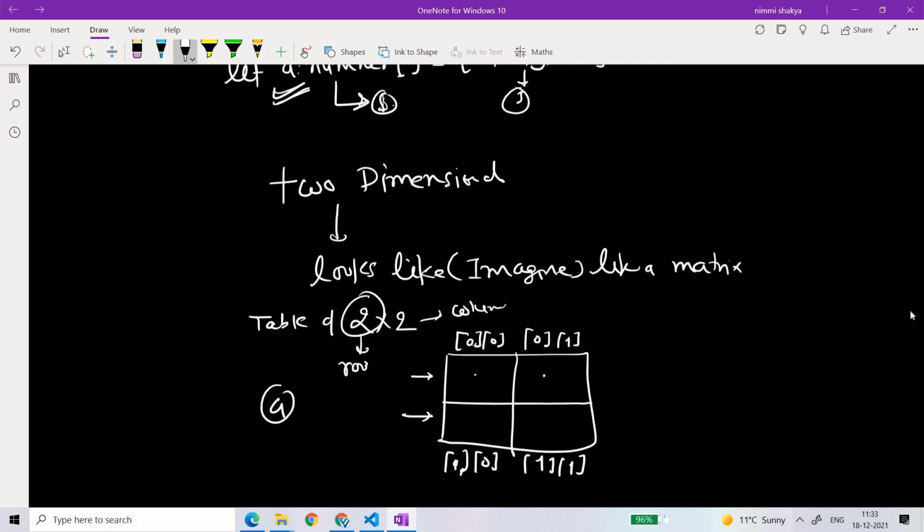Now, when we talk about these two-dimensional arrays, the memory again is contiguous, right? It starts from here, and then it goes to here, and then here. But this is not the way memory gets allocated. It is continuous.